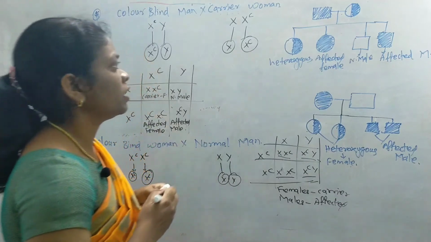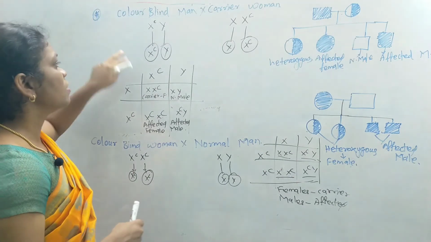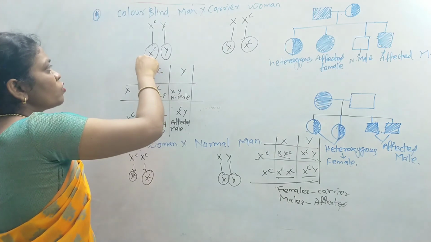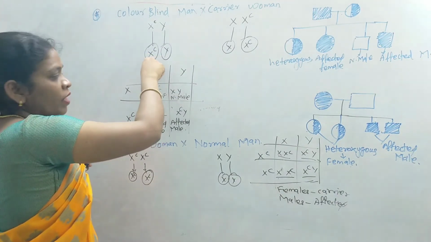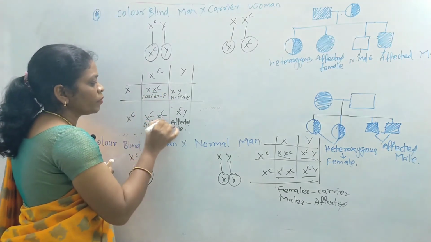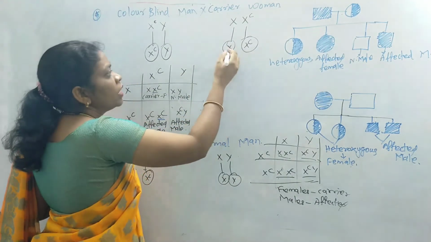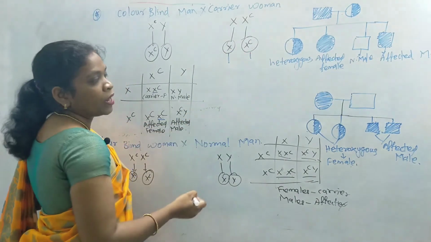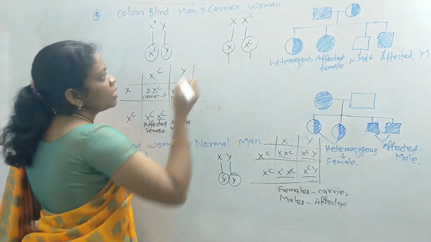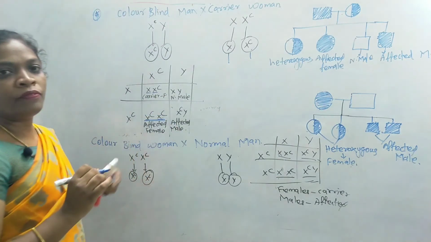Here in this case, we already learned this disease exhibits a crisscross pattern of inheritance. So what happens here? One of the females will receive the X chromosome, that is the affected chromosome, from the father. So in both the cases, one of the X chromosomes is received from the father, that is the diseased one. One X chromosome she will receive from the mother. It may be the normal one or it may be the abnormal one. If she receives the normal one, she will become the carrier. Or if she receives the affected one, then this individual will be affected by the disease.